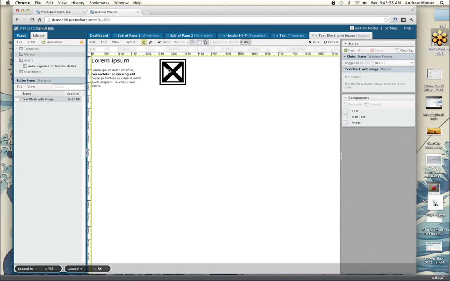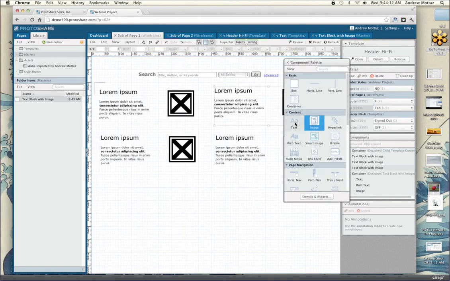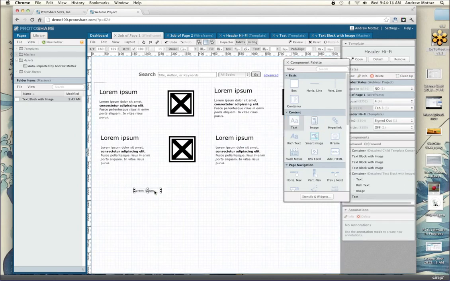So, I've set this global state value, based on this. You'll notice in the master it doesn't have any effect. I mean, I click it, it changes the state, but there's nothing whose visibility is dependent on that state. If I go back to this page and maybe I want to add